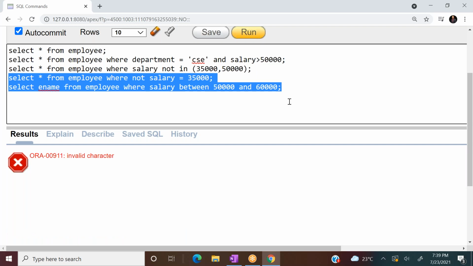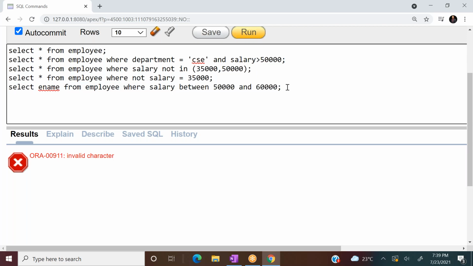Why? Because what Oracle requires is that each SQL query is sent to the Oracle engine one at a time. So execution of more than one query is not possible using normal SQL, but this is possible using PL/SQL. PL/SQL is called procedural language extensions to the structured query language.